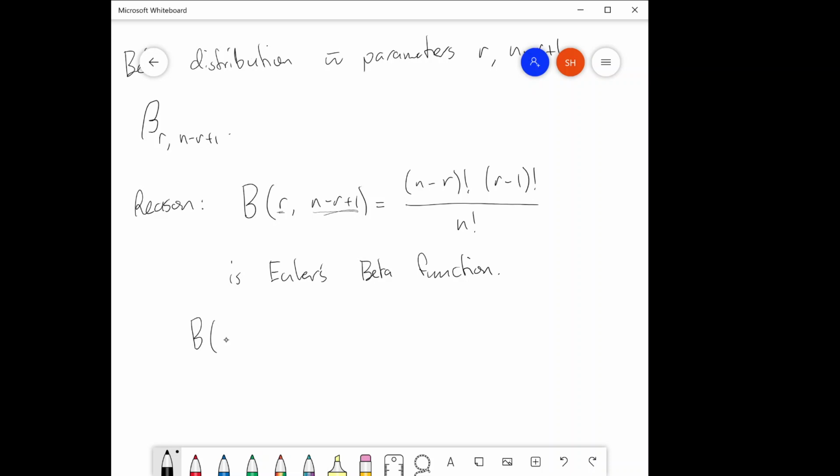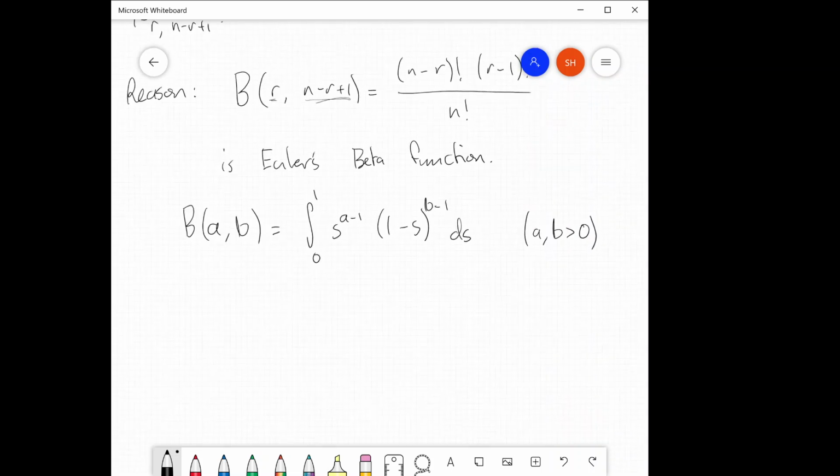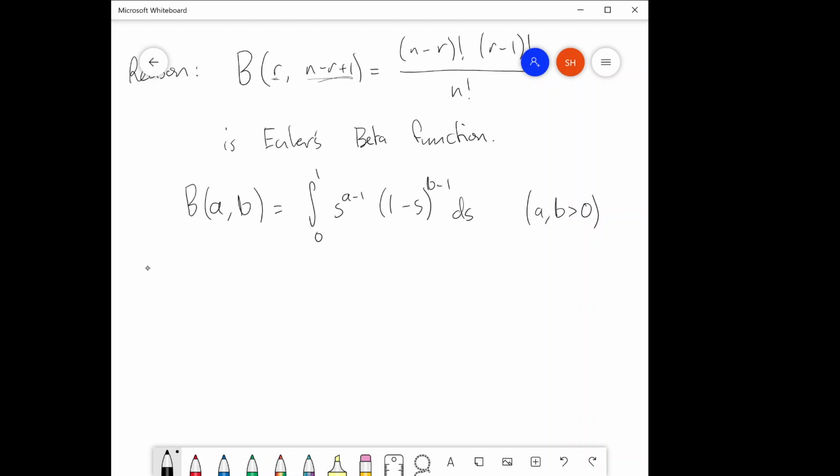So Euler's beta function can be defined for any positive real numbers and is given by the integral from 0 to 1 of s to the a minus 1, times (1 minus s) to the b minus 1, ds, for a, b greater than 0. And therefore we can extend the beta distribution